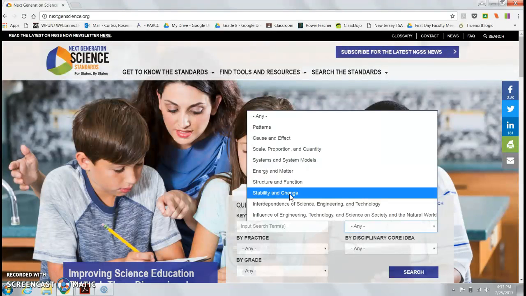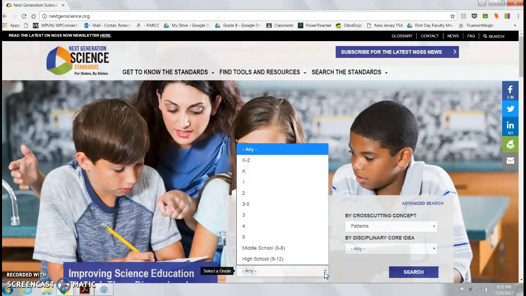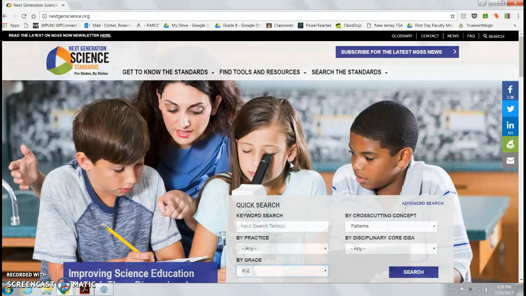So say I want to find out which of my standards in my grade level is hitting patterns. I'm going to click on patterns, and then I would go to my grade. Now you can select kindergarten to second grade, which is that kindergarten to second grade band, or you can select a particular grade, kindergarten, first or second. For this search, I'm going to click on kindergarten to second grade, because as I discussed in a previous video, there is some autonomy as to when each of the cross-cutting concepts will be addressed within that band. So you're going to click on search,